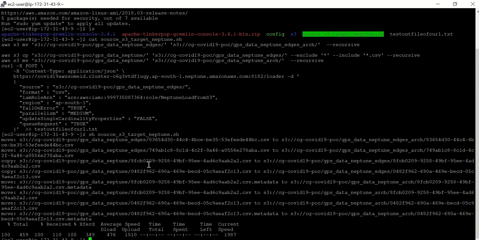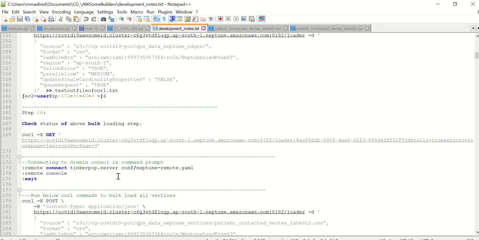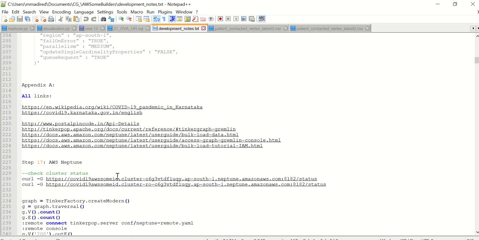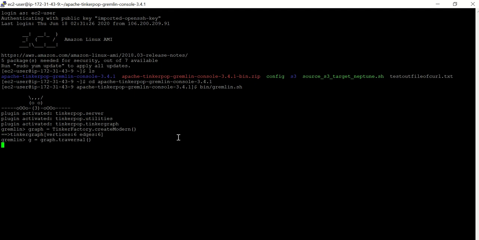So it would have loaded the data into the Neptune database. So how can we check that? We can check that using Gremlin. Gremlin is the language which we can use to query graph databases, property graph databases.